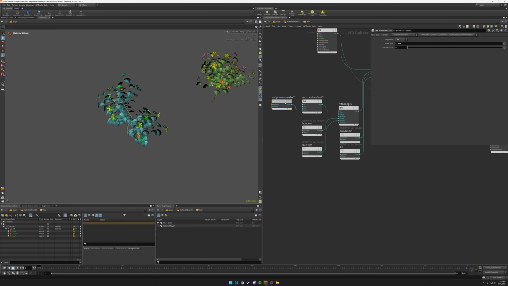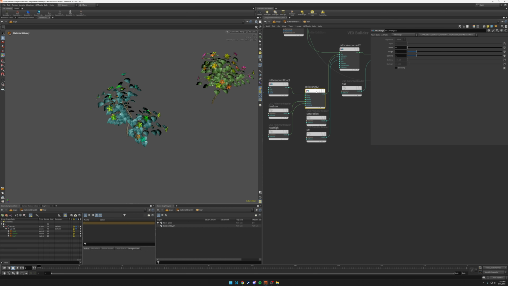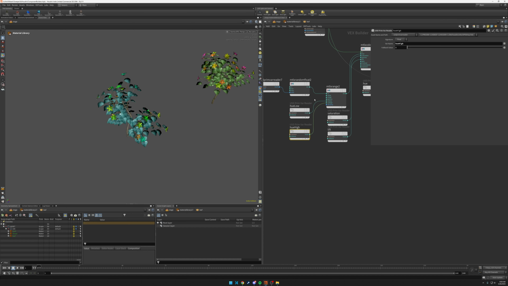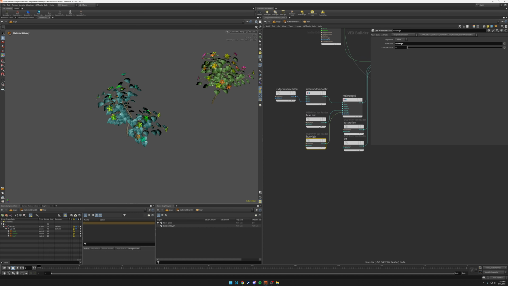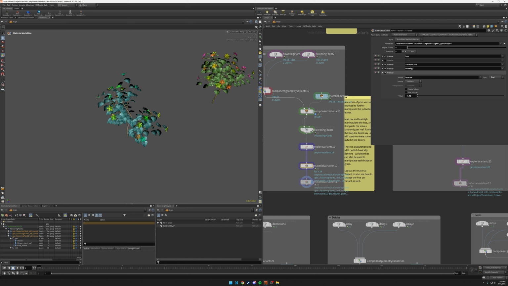So here, basically, I'm taking whatever that ID number is, and I'm giving it a random float value, which I then feed into a range. And this is where I'm controlling the hue low and hue high. These actual values show up in that material variation SOP that I was showing you earlier. So hue low and hue high, this shows up outside in this material variation node right here, hue high, hue low, right? And if I was to create another Prim Var, so let me click on that, you'd see all